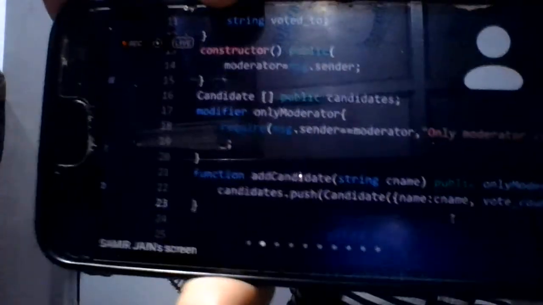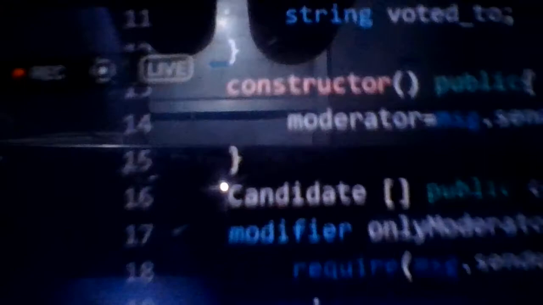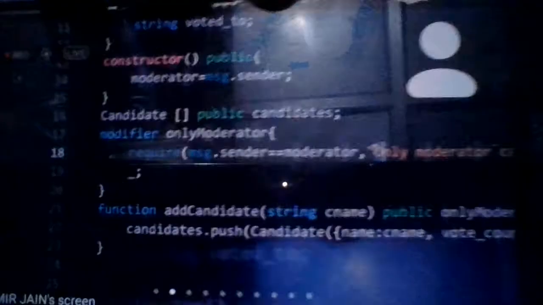Second, it is checked first, before that function is called. When the condition is false, this message will be given by the compiler.